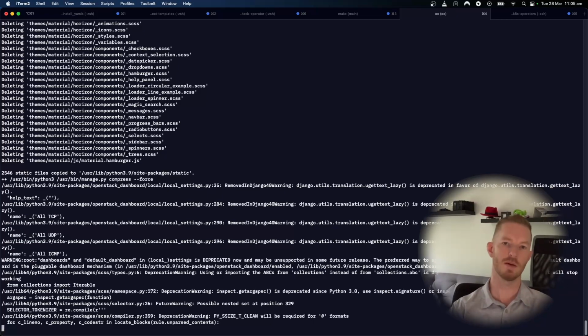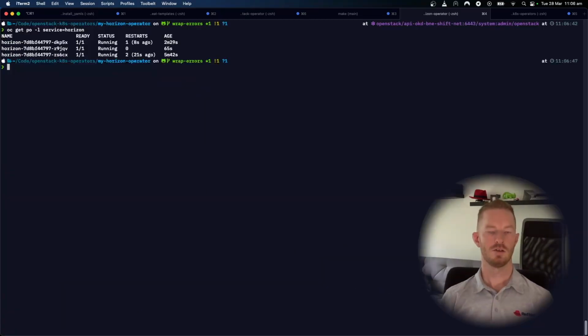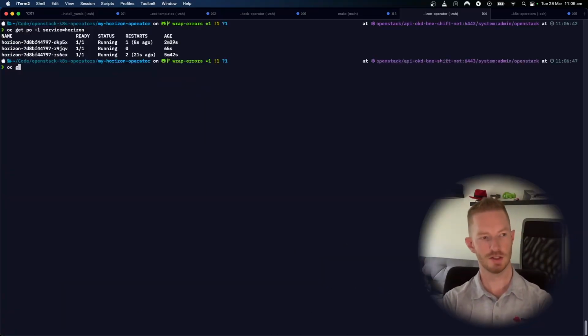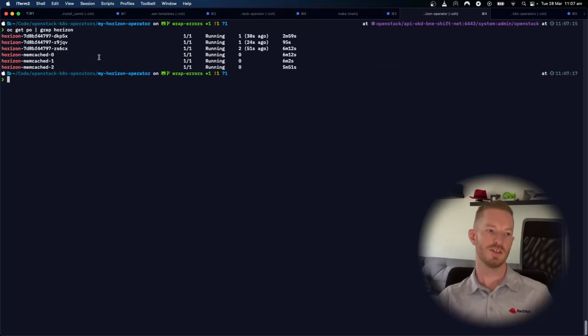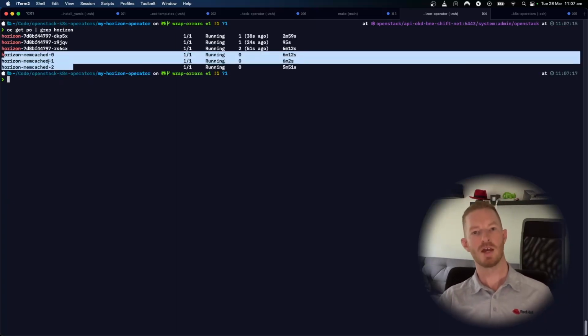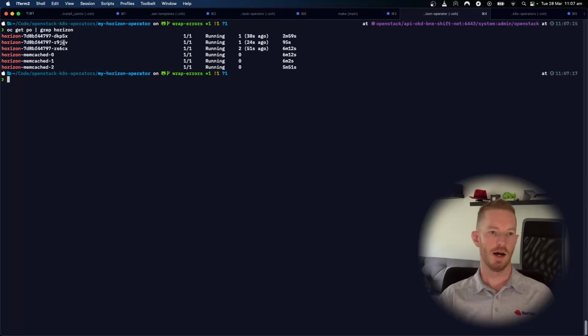So once that's running Apache, we should be able to then log into the web UI. So we can see we have 3 running pods there now. So let's have a look at what else we have here. We can see that we also have 3 replicas of memcache that are running. So these pods will reference each of the memcache, so that it's a shared pool. It's not just like one references one. They all reference every memcached instance, so that we have some high availability there within that memcache deployment as well